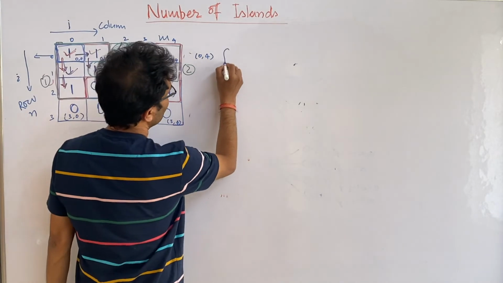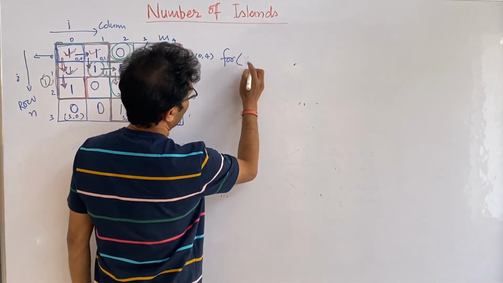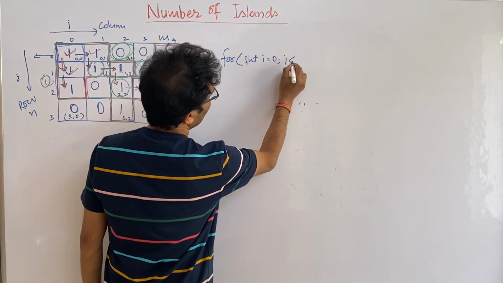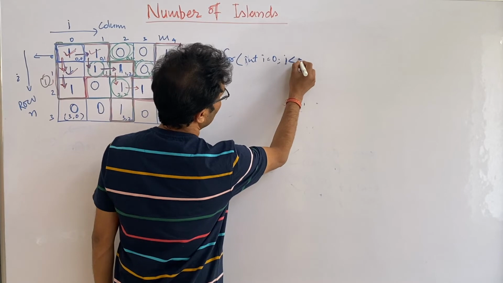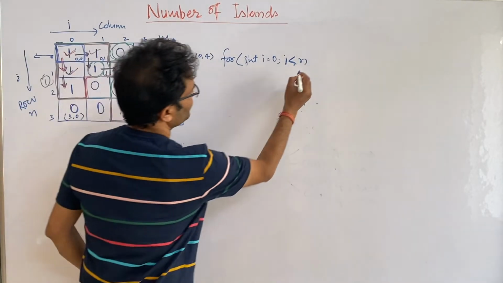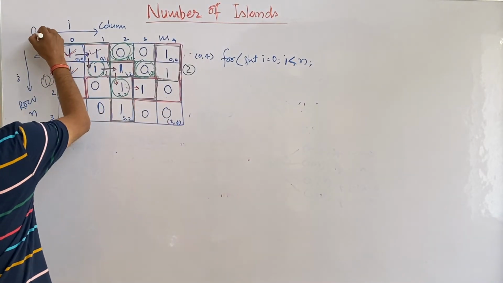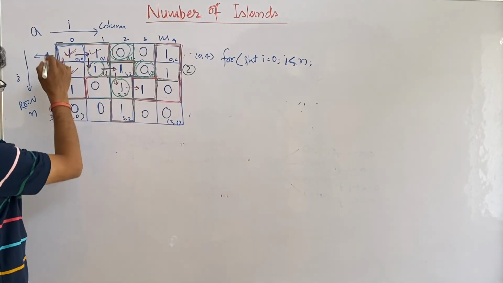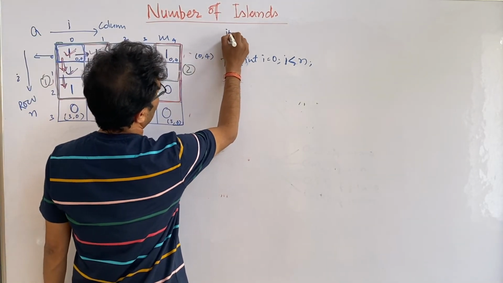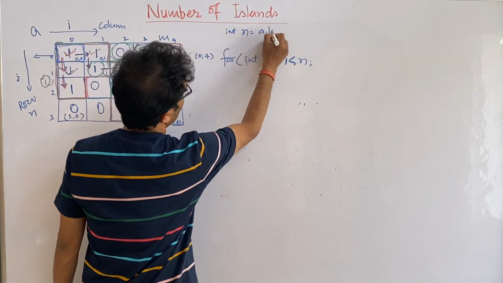So obviously, do a for loop. So int i is equal to 0, it will run from 0 to n, right? And n, if suppose this is A, if this is a double dimension array, so you first take the length for easy purpose. So n is equal to A dot length,